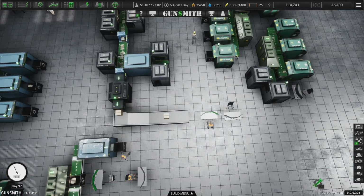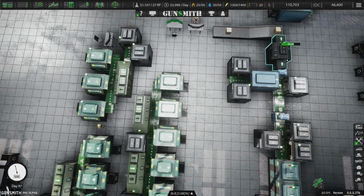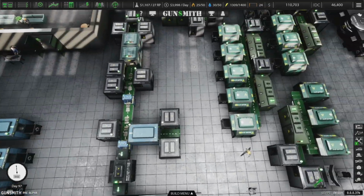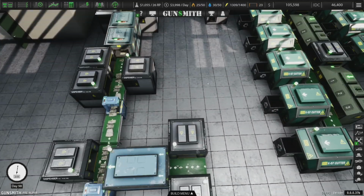So there you go. And again, there's lots of space here. There's lots of room here. I could easily just move this whole line and shift it over to where it's closer to this. And I may do that because there's a lot of space here. But this also gives me a little bit of space to like have other things go box. Like if I want bullets, for